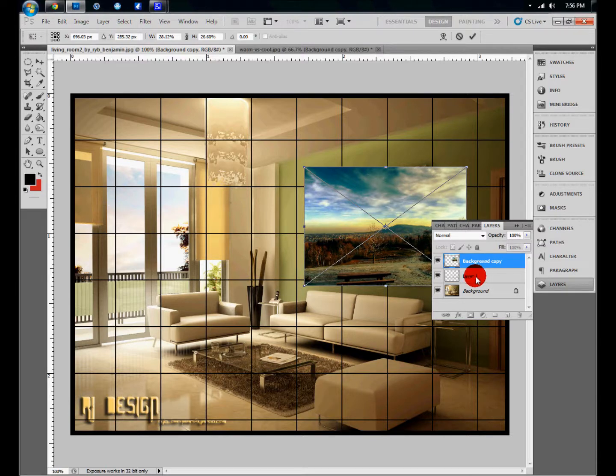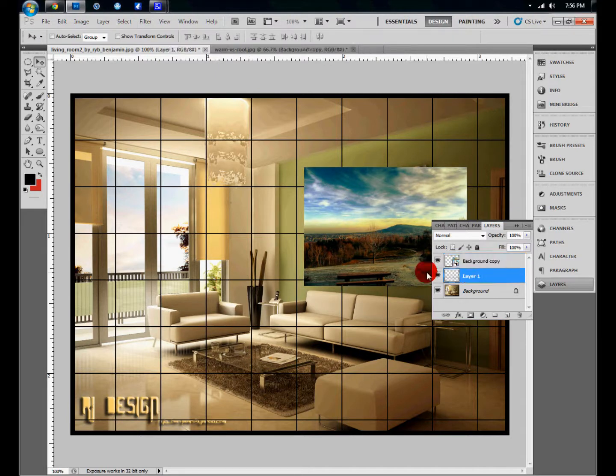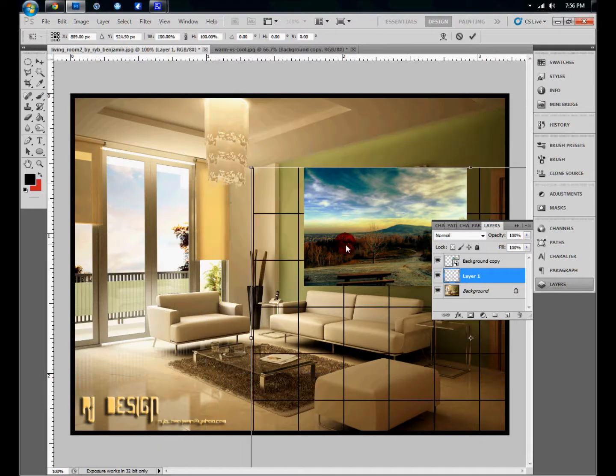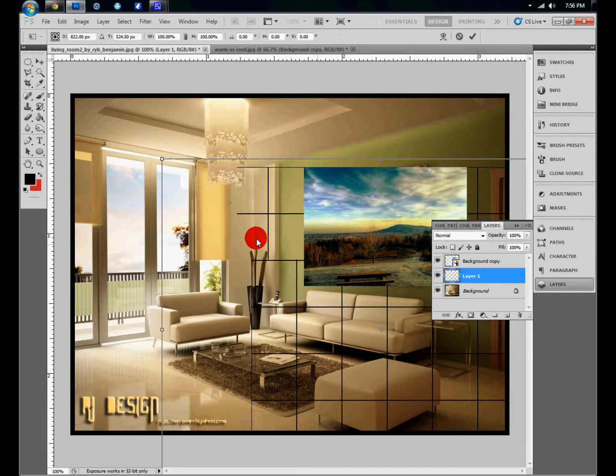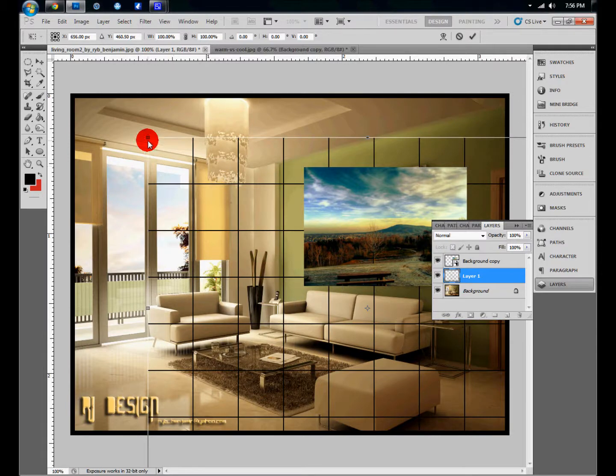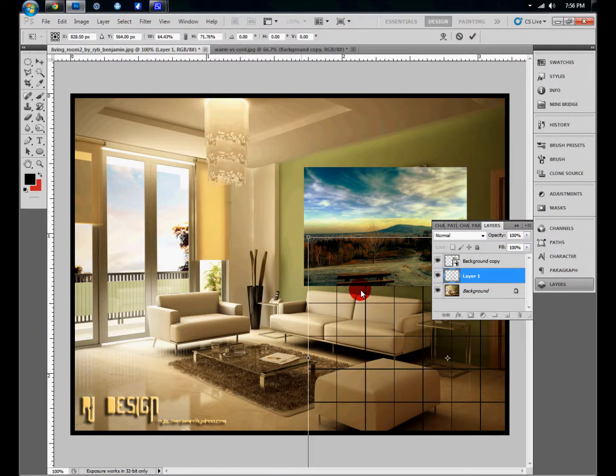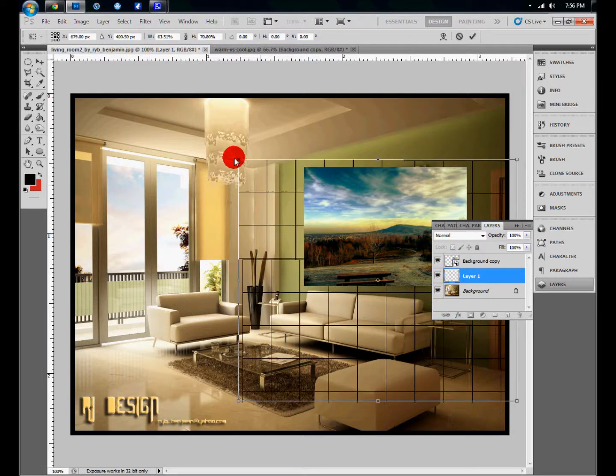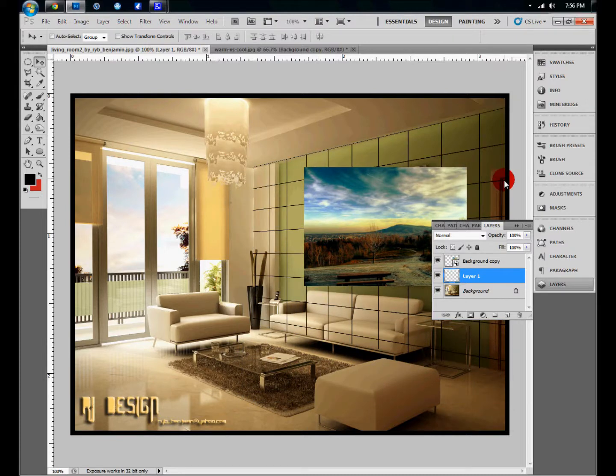So, I see that my grid messed up. I'm going to go ahead and fix that right now. I don't know why the grid didn't stay where it was supposed to be. Let me just go ahead and fix that. Sorry, guys. Alright, sorry. Now that we have our grid,